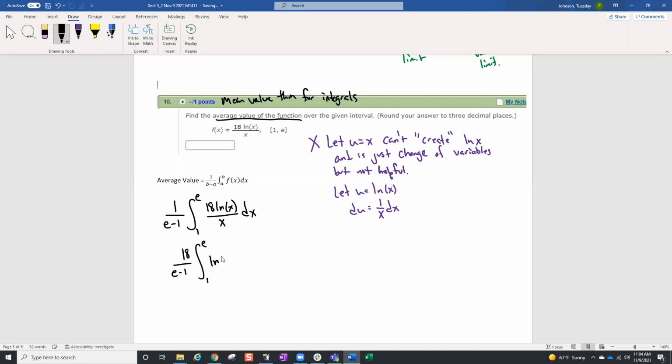I'm going to call this natural log of x. And then instead of dividing by x, I'm going to multiply by 1 over x dx. And now it's a lot easier for us to see du, u. And now I just have to change my